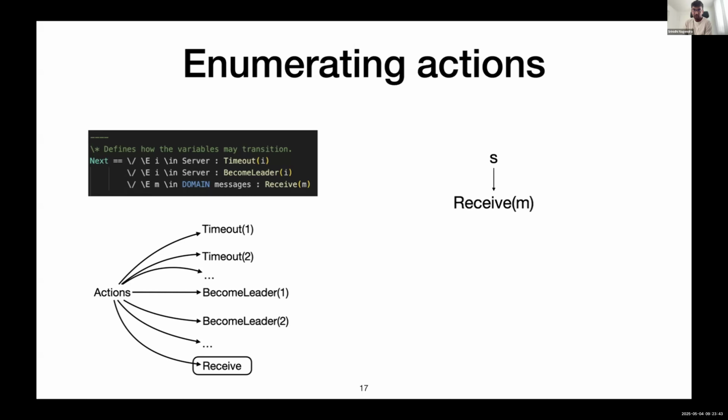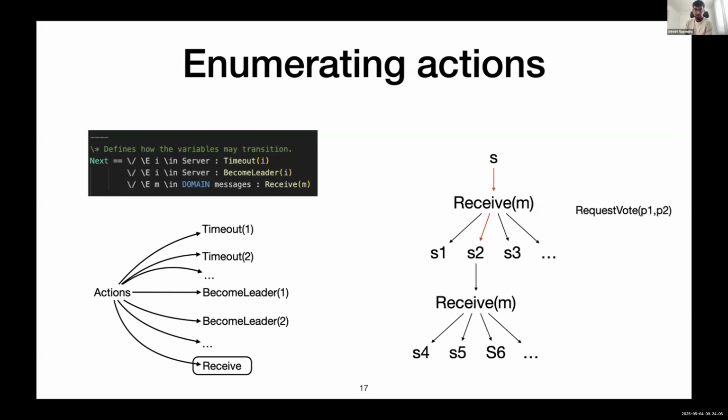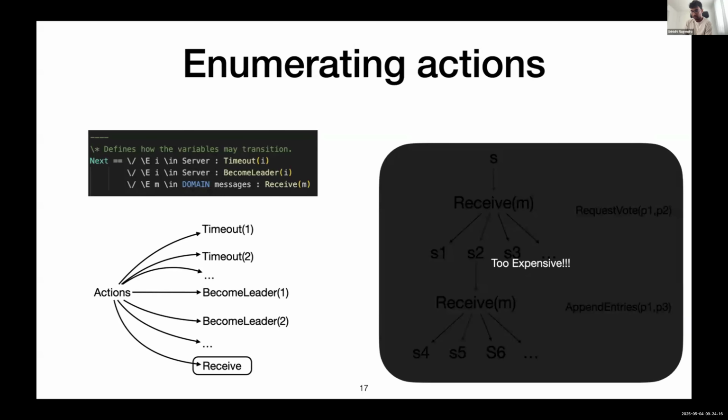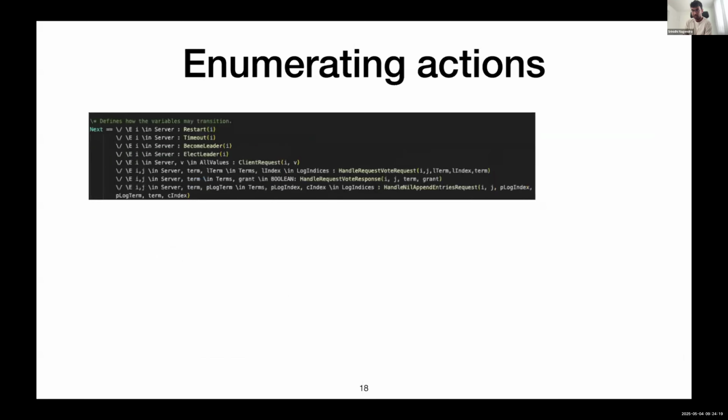From a given state, if you pick receive, you have many possible states that you can go to based on the message. And to be able to simulate the exact event trace that we observed, you need to find which of these states correspond to the message that we are talking about. So you need to go through all these states, pick that state as the next state, and then repeat this process. As you can imagine, the number of next possible states for such an action is too large, so enumerating will take time, and this is too expensive. This is what we observed. It was a bit too slow for us.